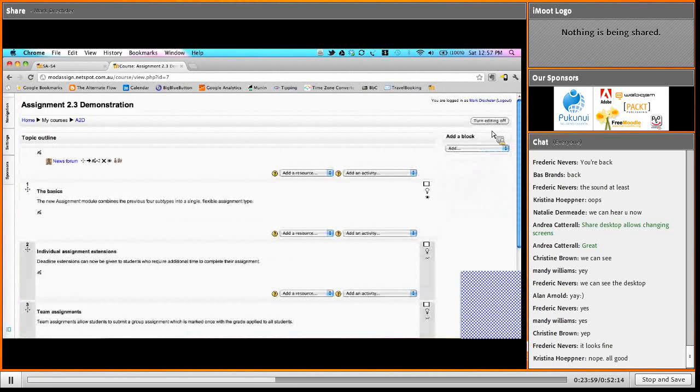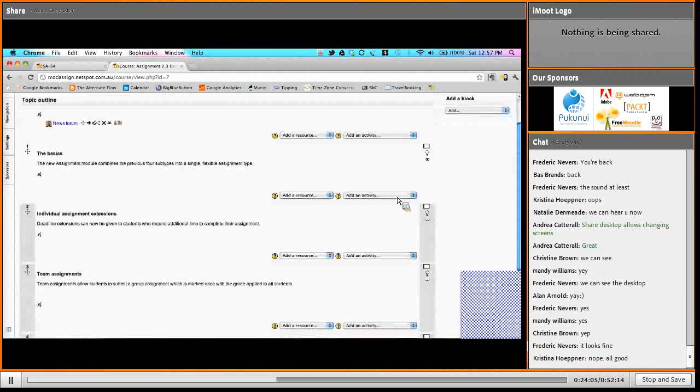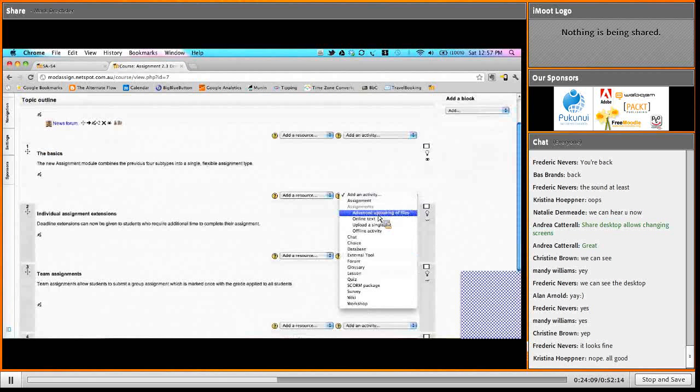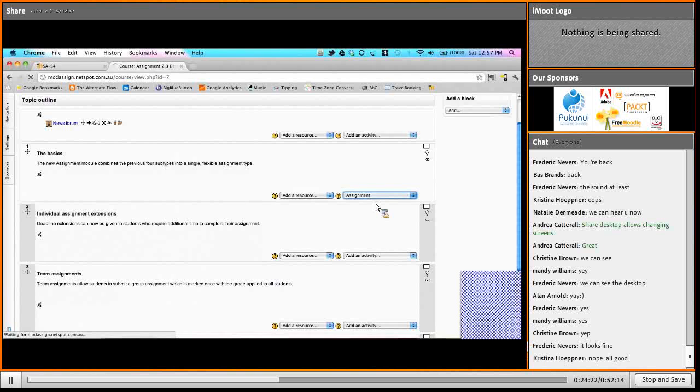So I have switched editing on in here, and you'll notice now that in the Add an Activity drop-down list, there at the moment is the old advanced uploading of files, but there's also a new assignment type that, rather than called assignments, it's called assignment. And if I click on the link to that,